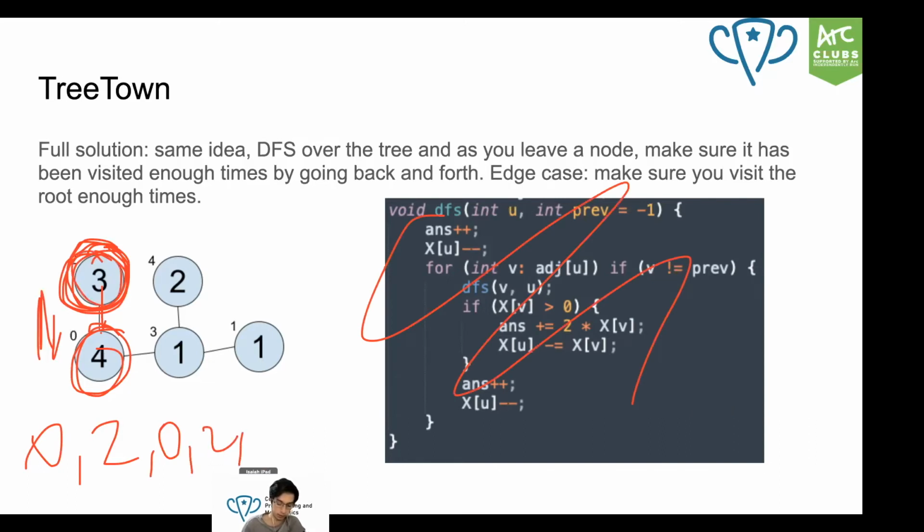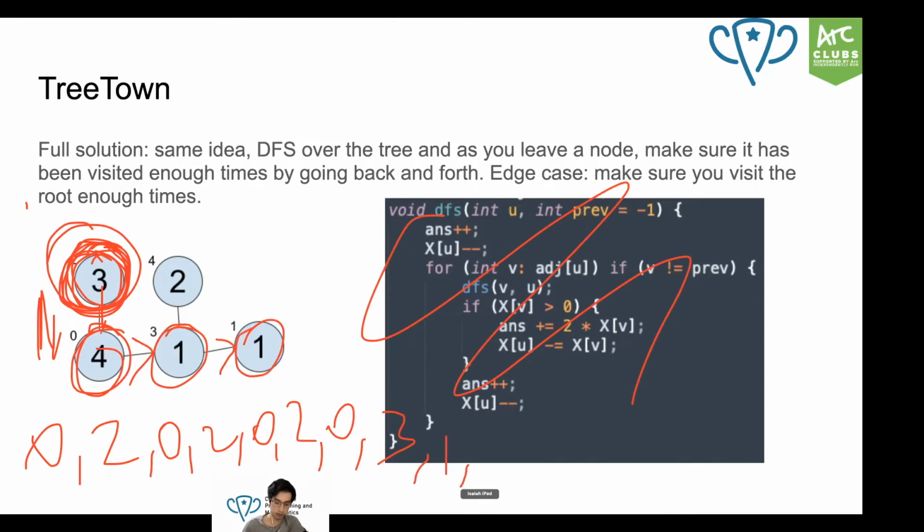So just go back and forth between that and that. And now this node's done. Okay, so now we've finished this entire node. And so now we can move on to the next part of the tree, which is this part. So we go here, 3, and then we pick some direction to go to because there's still other branches. So we go down there,